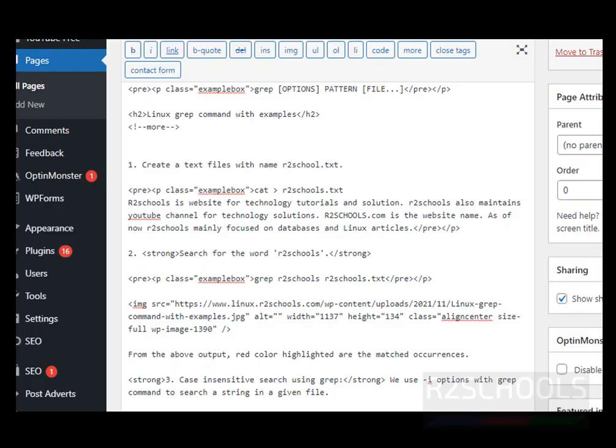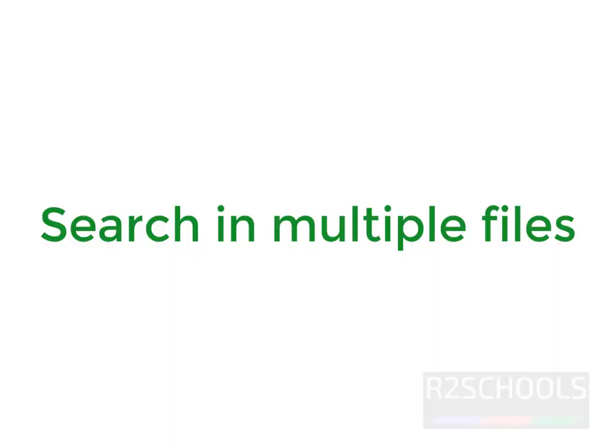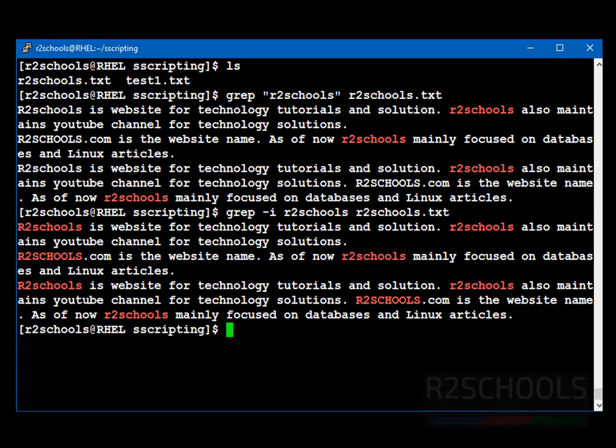Now next example is, I am going to find this word in all the files. Grep -l, then the keyword r2schools, then we have to provide star. Star means it checks all the files. Or if you want to check a particular directory, then provide the directory like this.